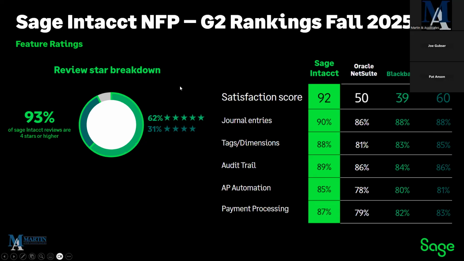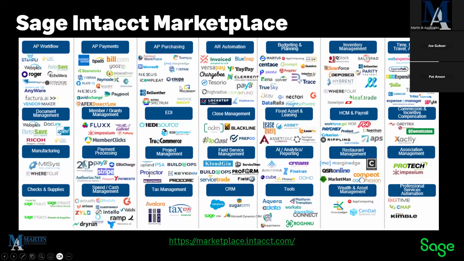I had mentioned earlier that Sage Intacct is an open API, best of breed type product. So there is a Sage Intacct marketplace where you can integrate with other products out there. And then this just gives you a breakdown by category and some of the key ones underneath each of those categories. The website is